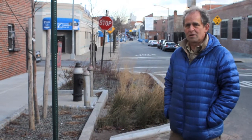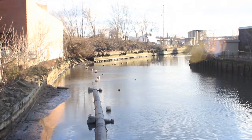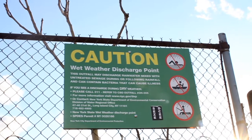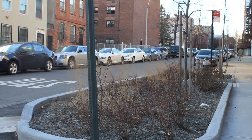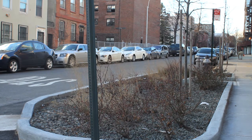Because we're so close to the Gowanus Canal here, whenever there's a rainfall, any of the pollutants that are lying on the roadbed here will get automatically washed into that canal. So by absorbing some of that and filtering some of that, we're keeping the oil and other pollutants that are on the street from running into the Gowanus